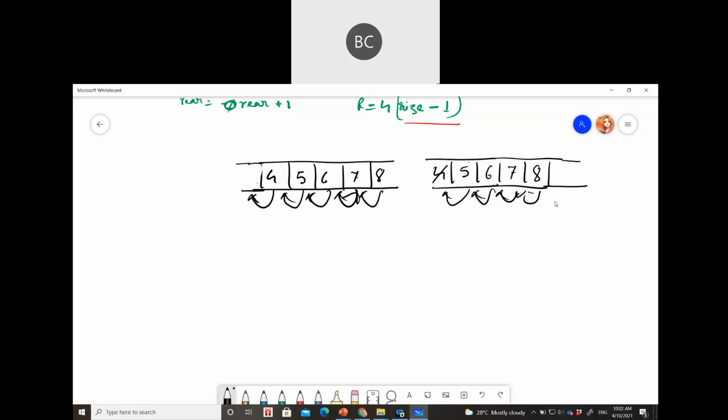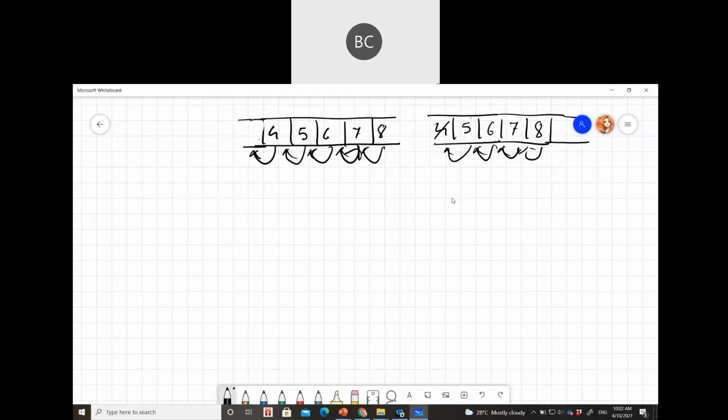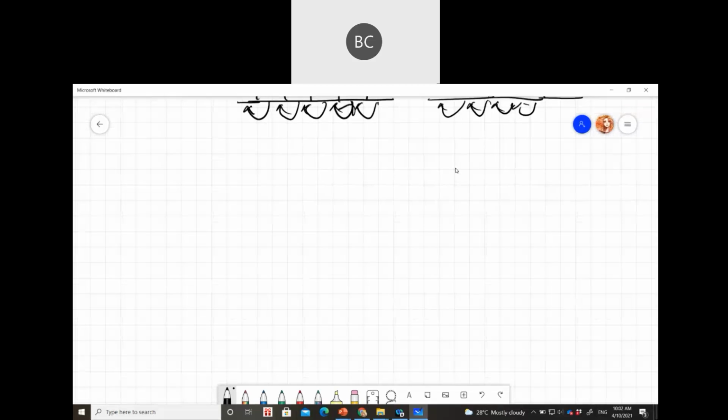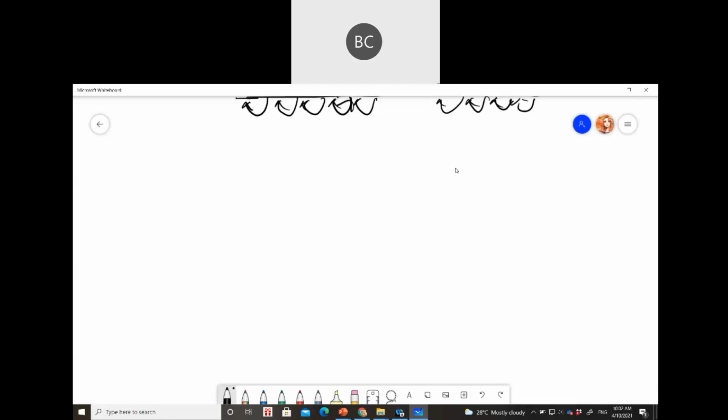But anyways, we will go through each type of queue separately too. Let's see what is circular queue.